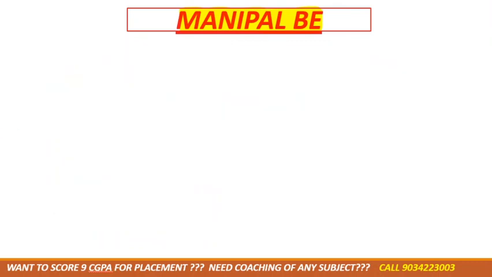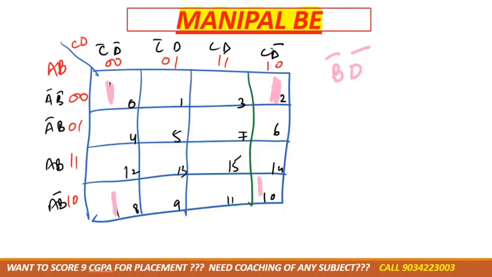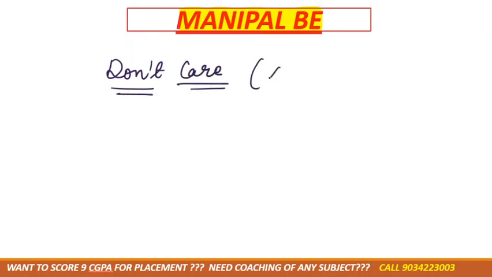Okay, now I am giving you the next question. Here we have all at B bar. Next we need to learn about the next condition in the K-map, that is the don't care condition, which is represented by a cross. Suppose they ask you a question, they have given you